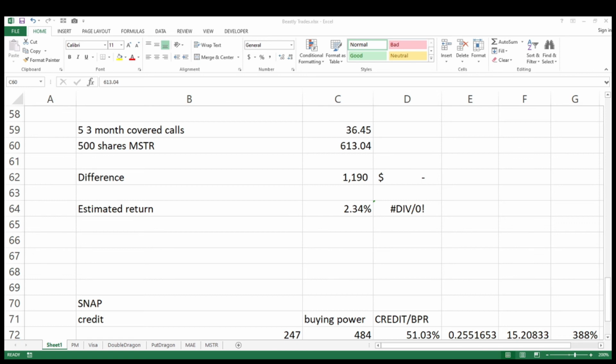So for people with really big accounts, you have to weigh the cost versus the benefits. Let's make it easier this way: 100 shares, and if you want to do 500 shares,